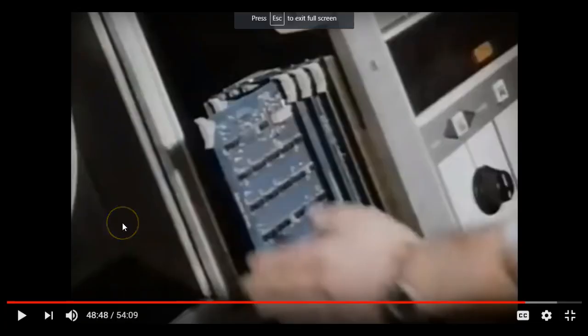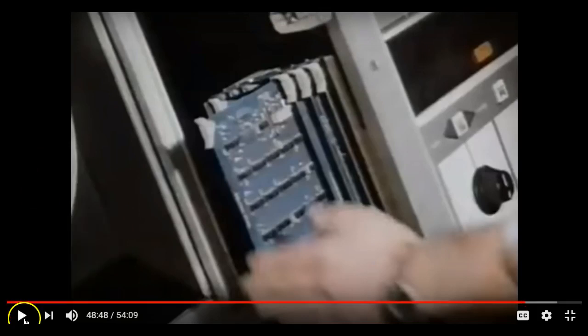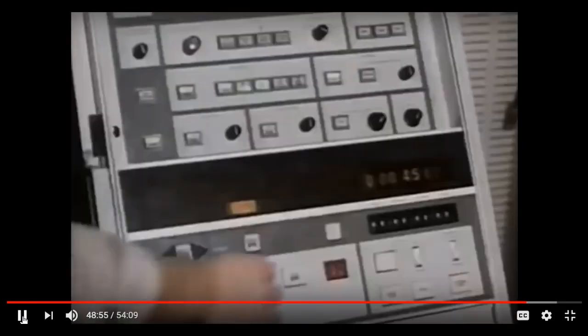Now this is the sequence where supposedly it's a secret base on the moon and also the Mars mission. So this is the part where they actually fly over Mars. So let's have a very close look at it. It's very good quality, and we'll just see, because I've published the Mars book, let's have a look at the